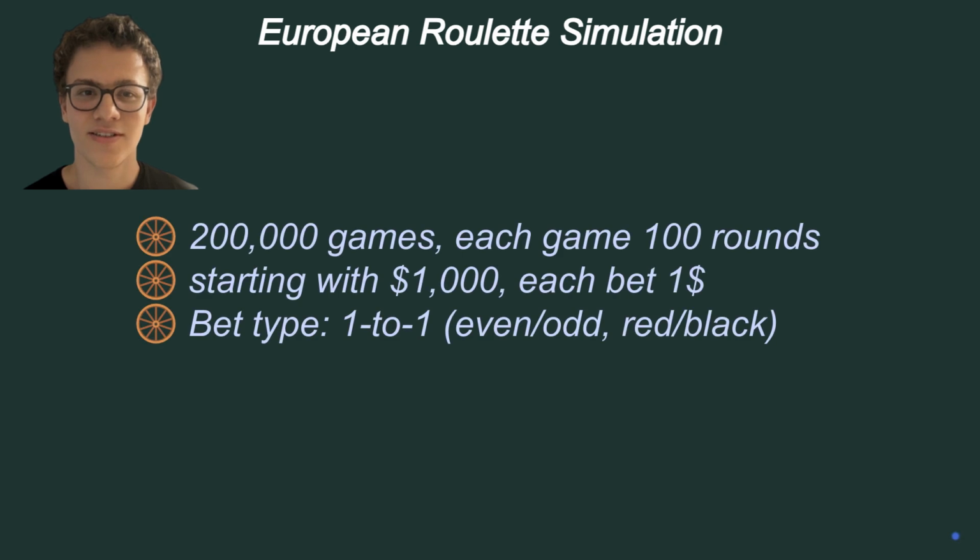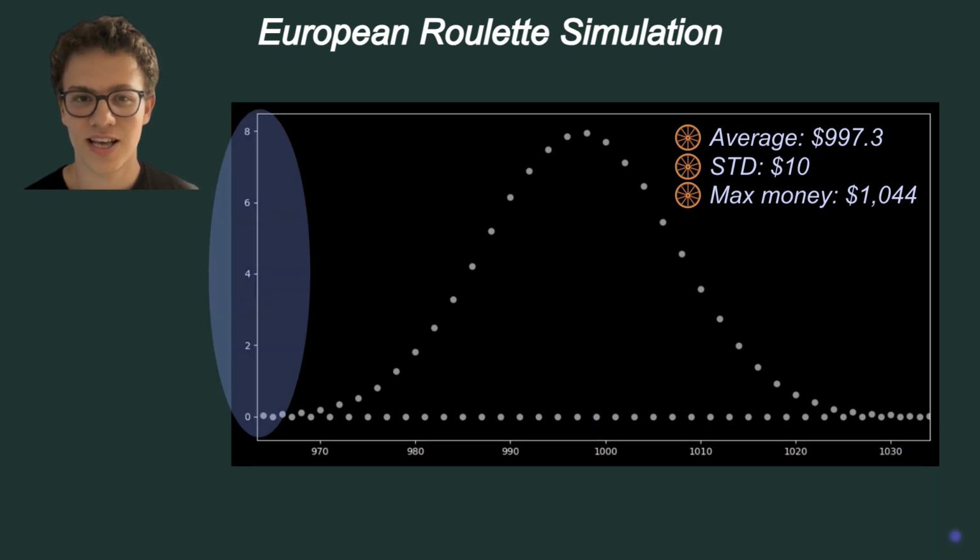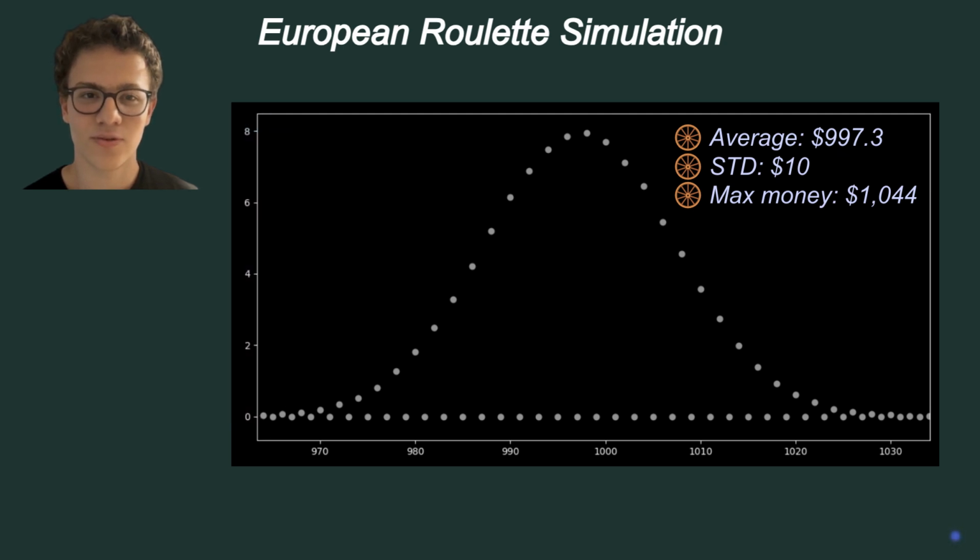First, we wanted to test these basic probabilities by simulating 200,000 games of European roulette. Each game consisted of 100 rounds, starting with $1,000 and betting $1 on 1-to-1 bets. The graph displayed shows the money reached after 100 rounds on the x-axis and the percentage of games reaching that amount on the y-axis. We got a beautiful, normally distributed graph with an average of